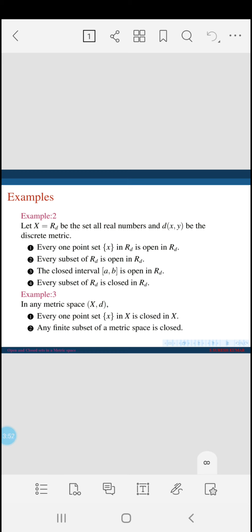Next example, in any metric space (X, d), every one-point set is closed in X, since its complement is open in X. Next,